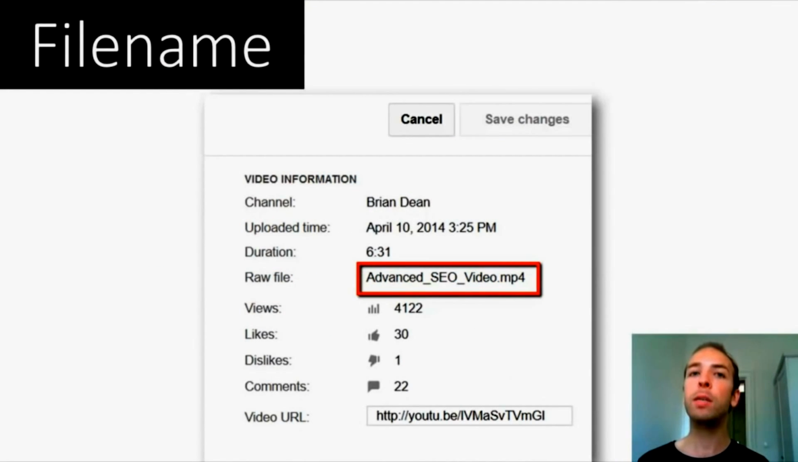And the first step is to make sure that your file name contains your target keyword. And the reason I know this is important is because A, I've tested it, and also when you look at your video information, YouTube will show you the raw file that you uploaded. So it does keep track of the file name throughout the life of your video. And you don't want to keyword stuff or anything like that. Just make sure that your keyword is